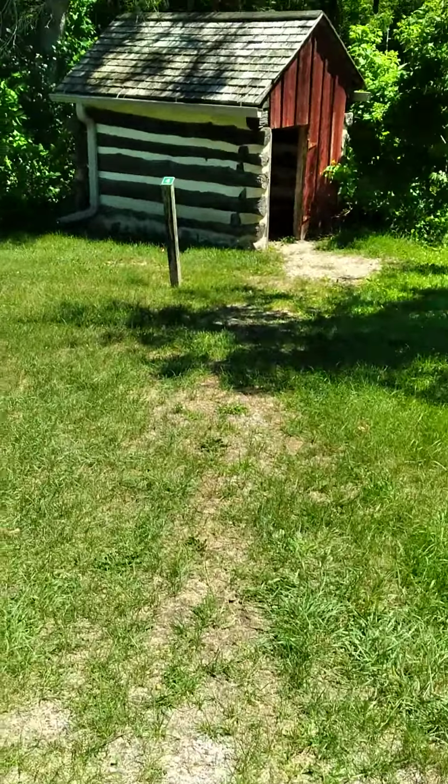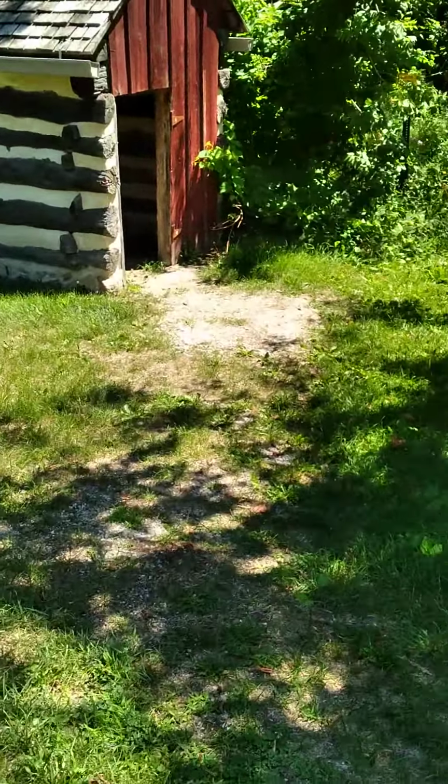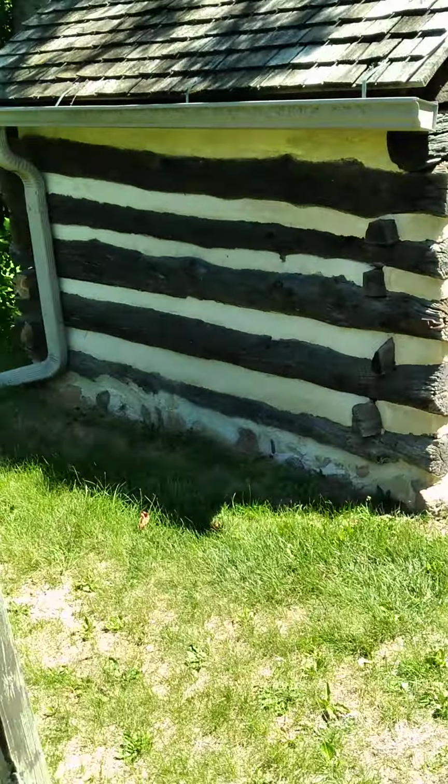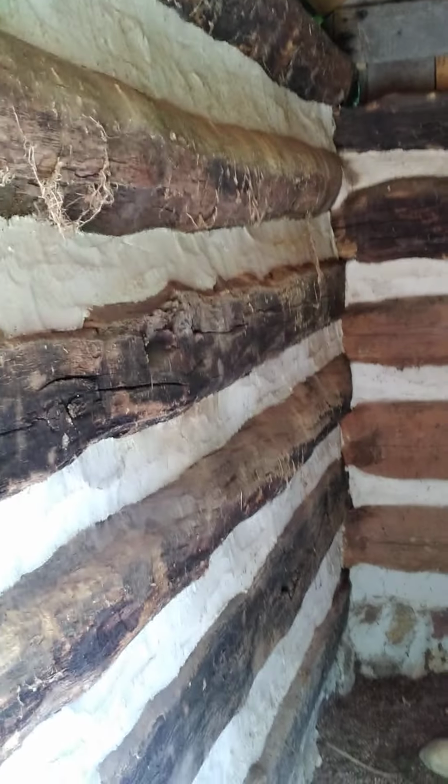Now I wonder what this was used for. This is all the original. They kept it in the best condition. They obviously fixed it up. But look at this. What would they have used this for? Anybody have any idea? Was it just for storage